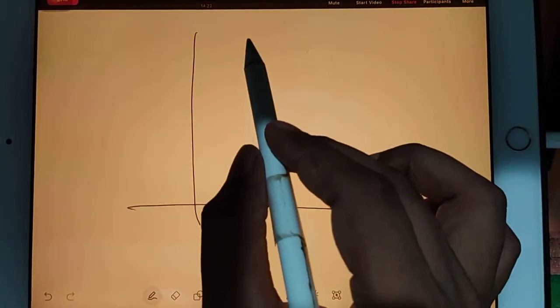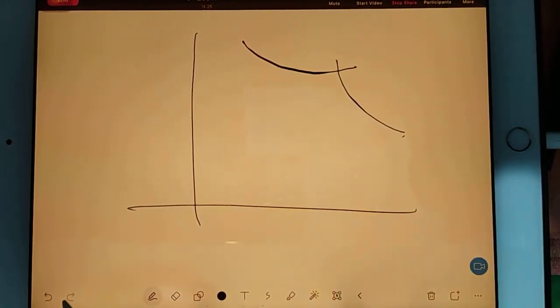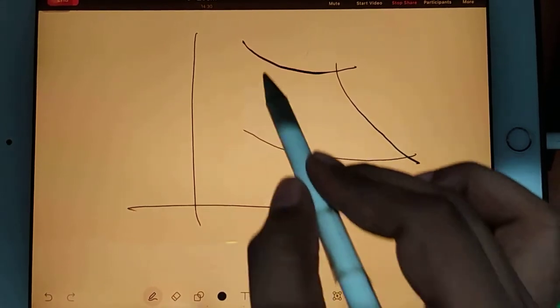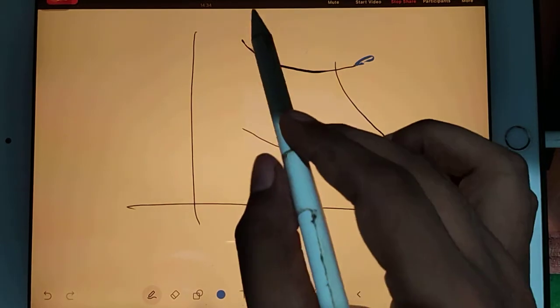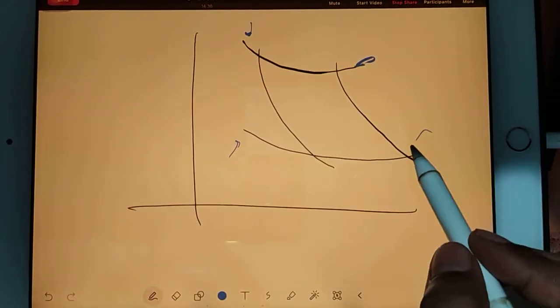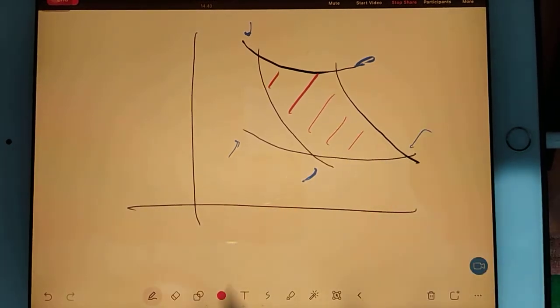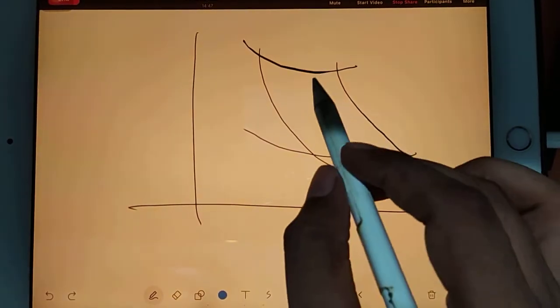Okay, so I can draw like this, then like this, and then like this, then like this. So see, these extra points are coming because I'm trying to draw. Your main thing is the inside one. The extra lines coming out are not our consideration. That is just part of the design.